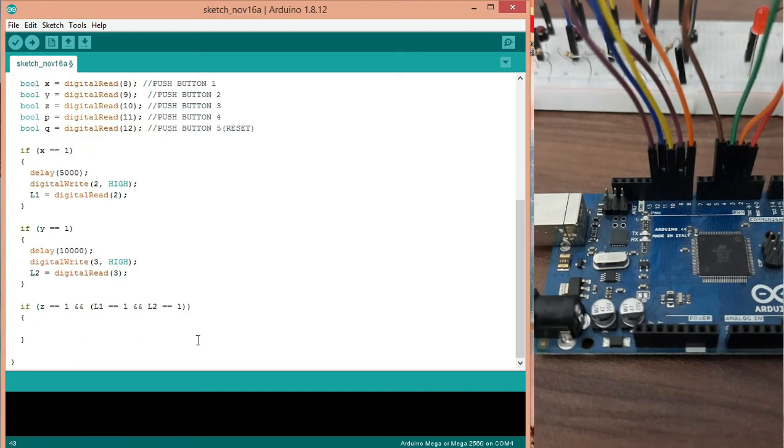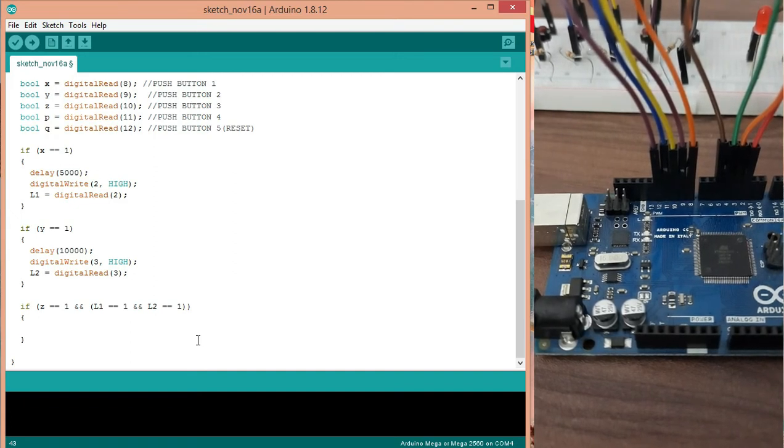After that, we are not using a delay over here; this directly turns on the LED.